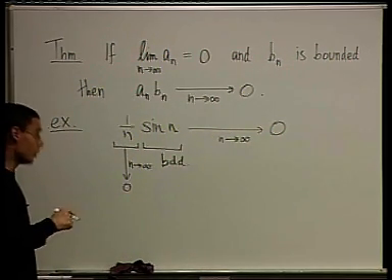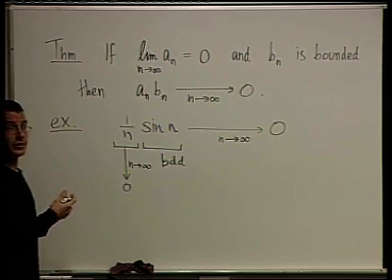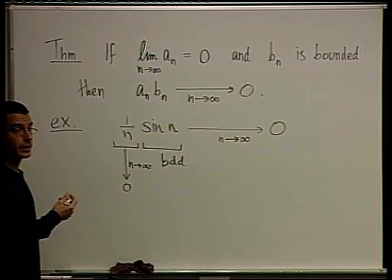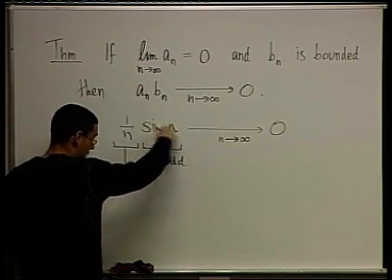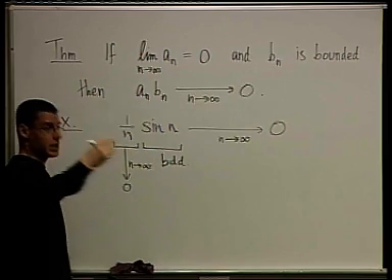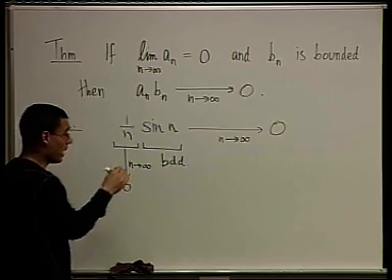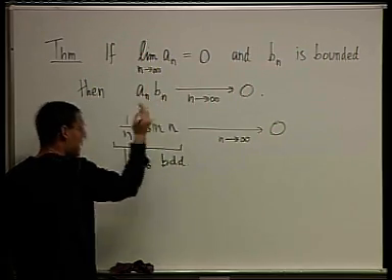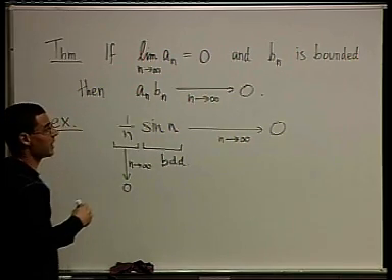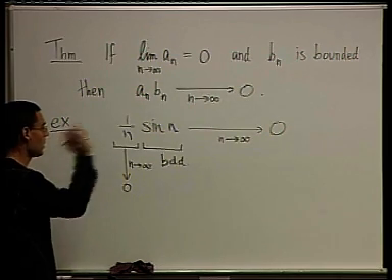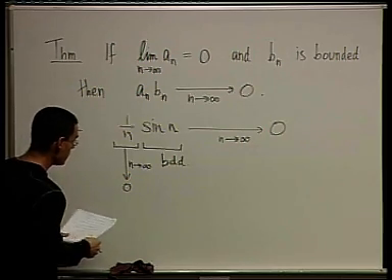Okay? Even though we cannot use limit arithmetics here. Clear? Yes? We don't care about what sine n is, because 1 over n goes to 0, so whatever it is. The only reason I was trying to discuss this sequence is to stimulate some discussion about it. What I'm using here is this theorem, and in this theorem, I don't care whether this has a limit or not. I only care that it's bounded. It satisfies the conditions of the theorem, so I can conclude that the product goes to 0. Done. Okay? Okay. So here's another